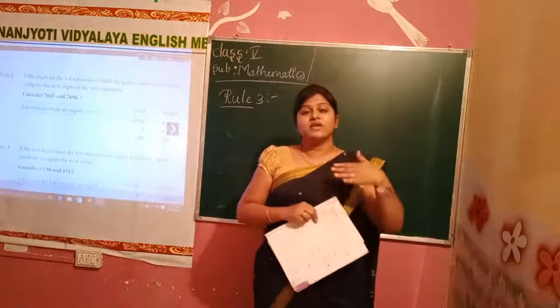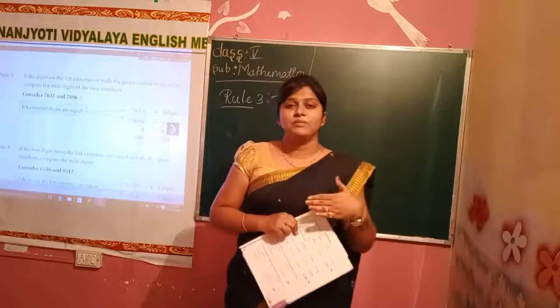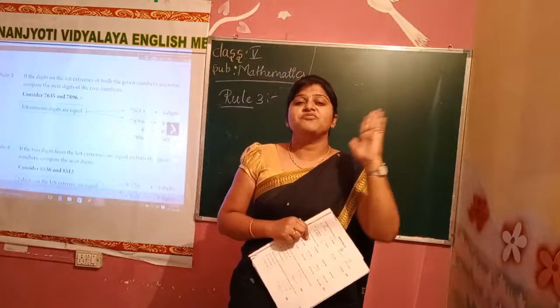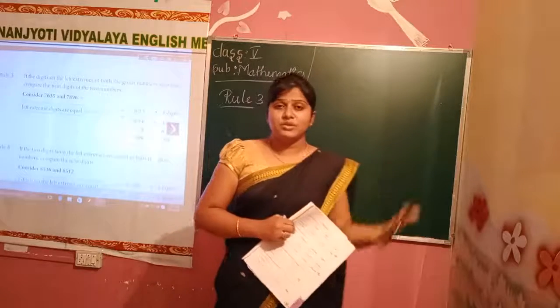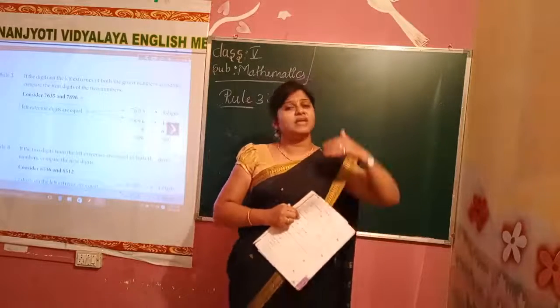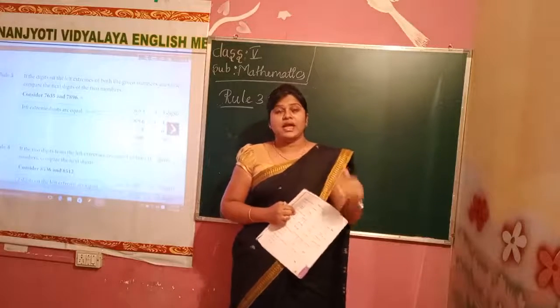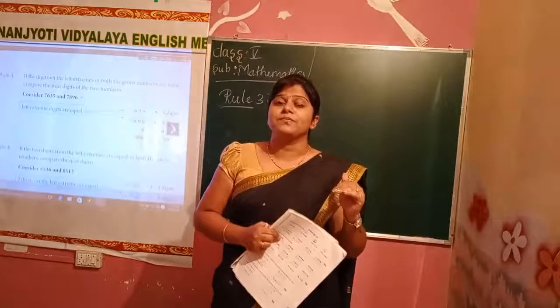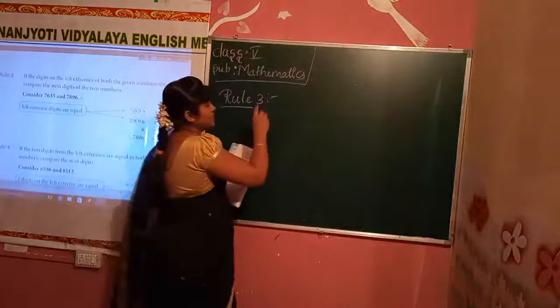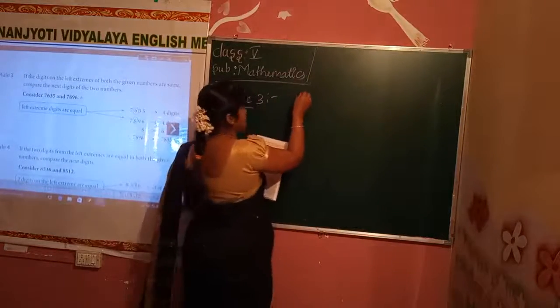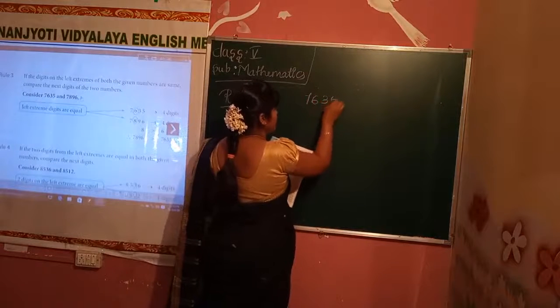In the second case, when both the first digits are the same, we compare using the first number. After this, in rule 3, we have the case when both numbers have the same number of digits and the first digit is also the same. How do we compare then? We'll see it here. For example, the given numbers are 7635